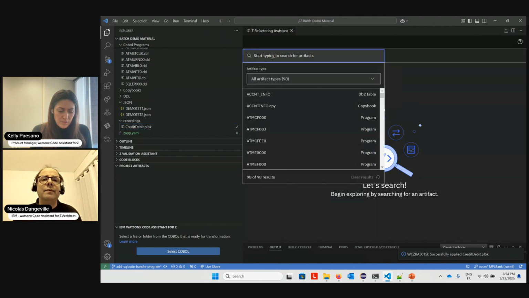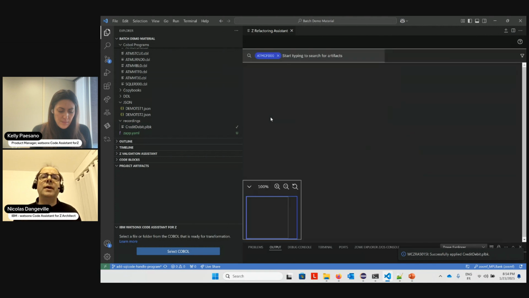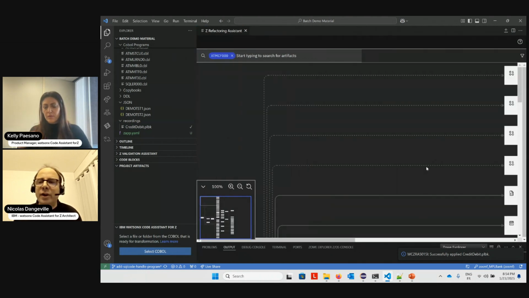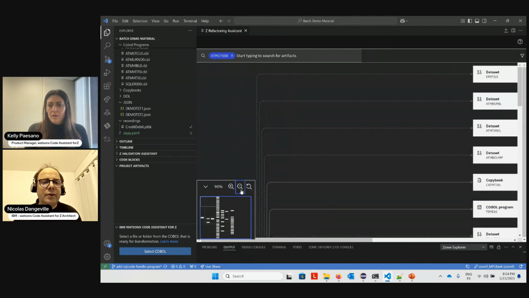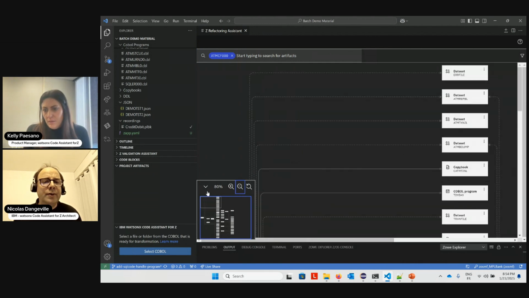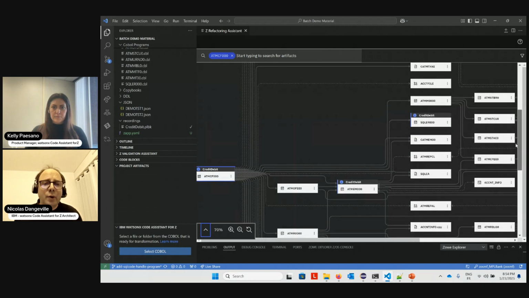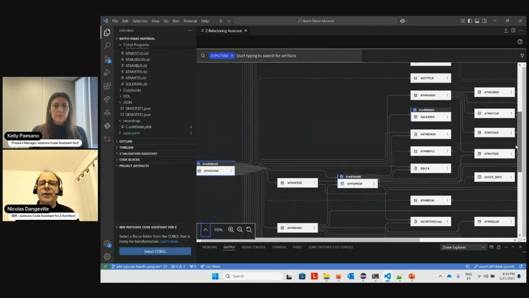Having done that, I'm going to explore, similar to what I did before in Understand, and actually it's going to give me a graph. I need to zoom out a little bit to make it readable. That is very similar to the graph that we saw previously.